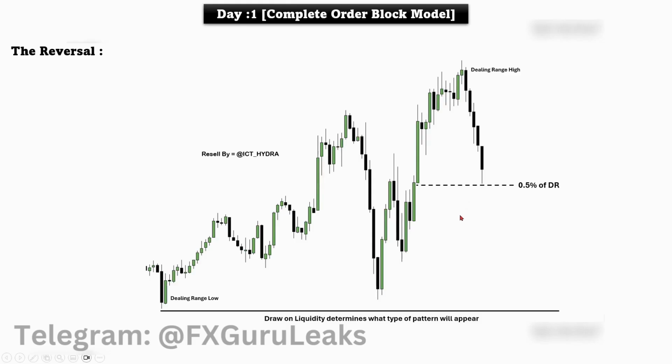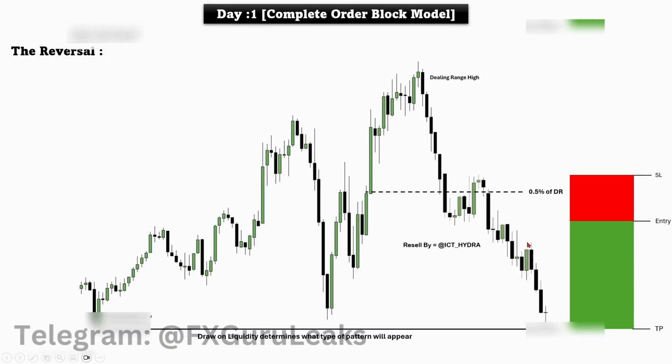So I hope you guys understood. This is a very important takeaway from this lecture. Draw on liquidity determines what type of pattern will appear. If you want to look for a trend continuation pattern, then go and find out where the DOL is. If the DOL supports a trend continuation, then you know what to look for here, right? So now let's take a look at our next slide, and there I'm going to be showing you the example